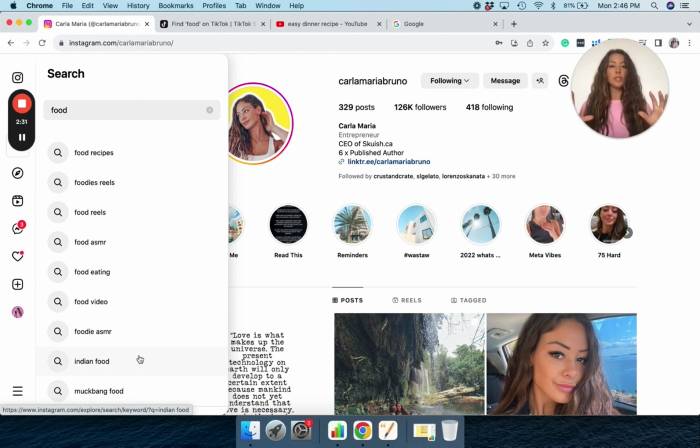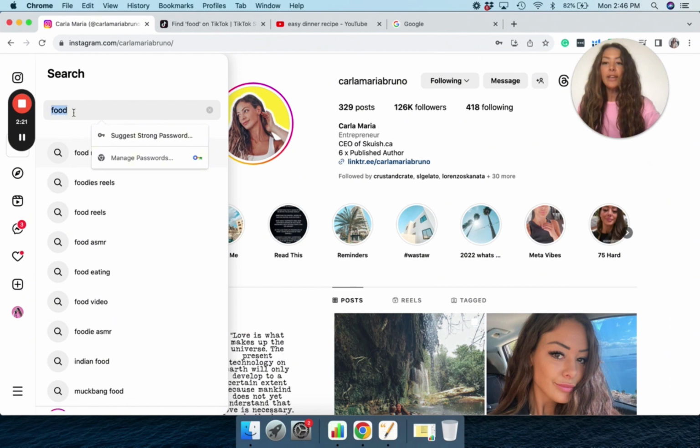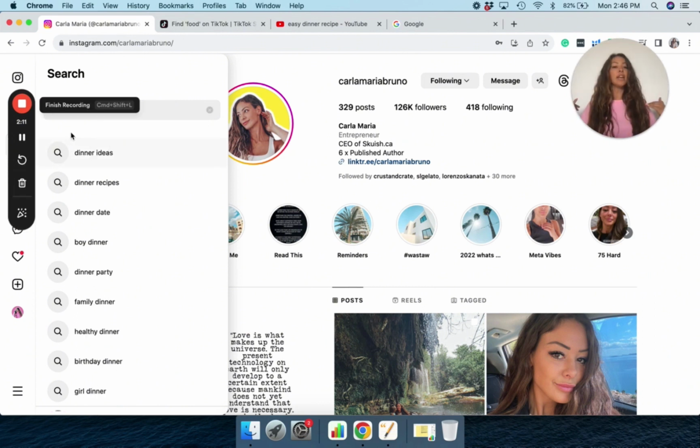It's giving you what's popular, and people like us who are doing the research can see that what it's suggesting means that is what's popular. If I want to go even more specific, food is such a general word, but let's say it's dinner recipes. If I were to write the word dinner in here, it's going to give me dinner ideas, dinner recipes,